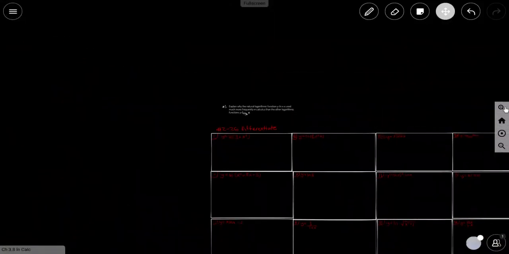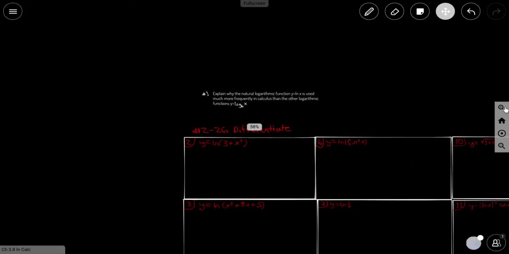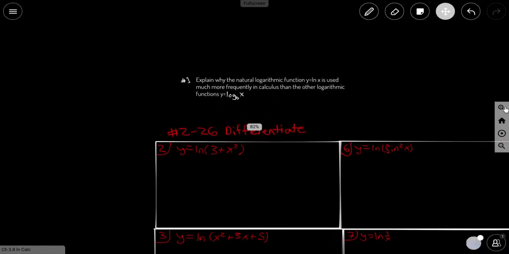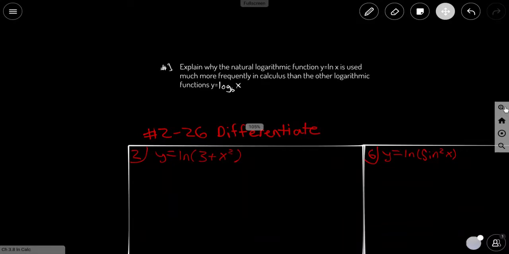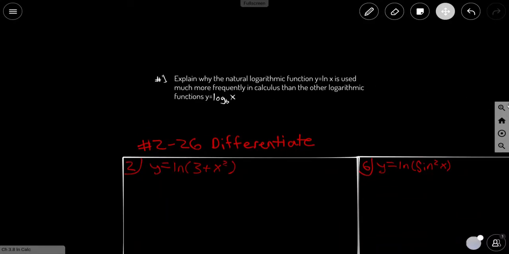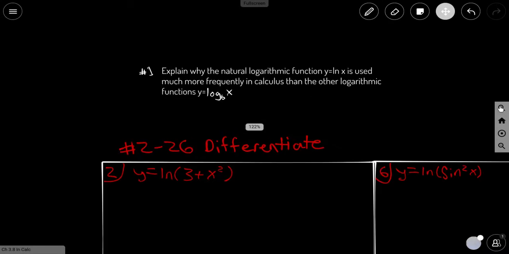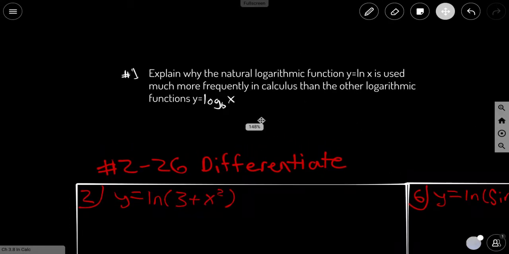Okay, so for the first question, it asks why the natural logarithmic function y equals ln x is used much more frequently in calculus than the other logarithmic function y equals log b of x. And the reason why is because it's easier to differentiate y equals ln x than y equals log b of x. So, for example,